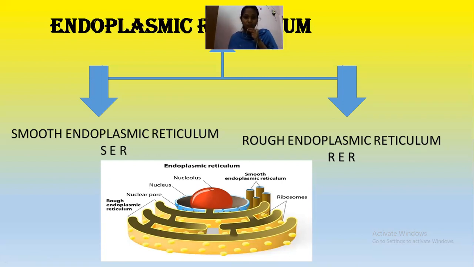So the functions of the endoplasmic reticulum are: it forms an intracellular transportation channel, it is associated with the detoxification of drugs, it is useful for the formation of the Golgi complex, and it forms the cytoskeletal system inside the plant cell to give support. So this is about the endoplasmic reticulum. Next,